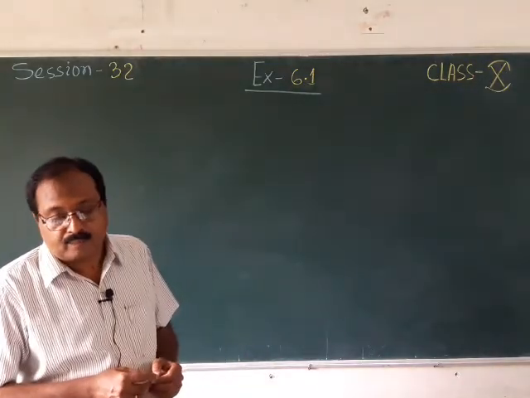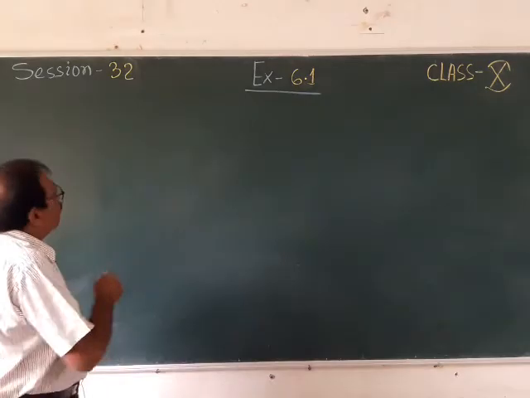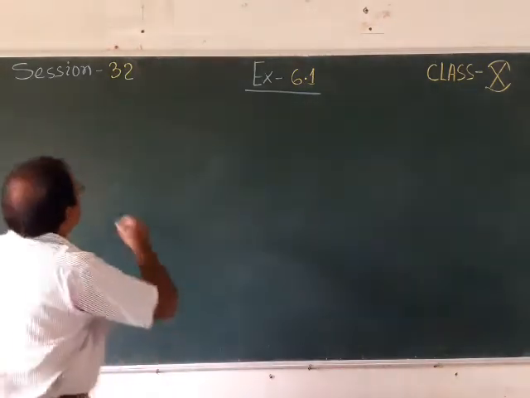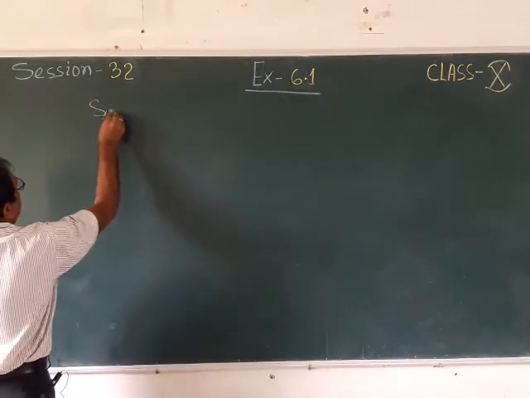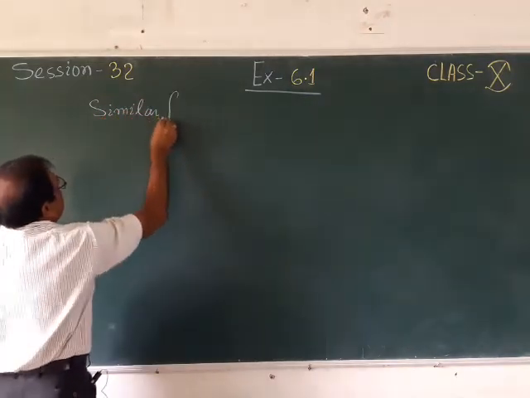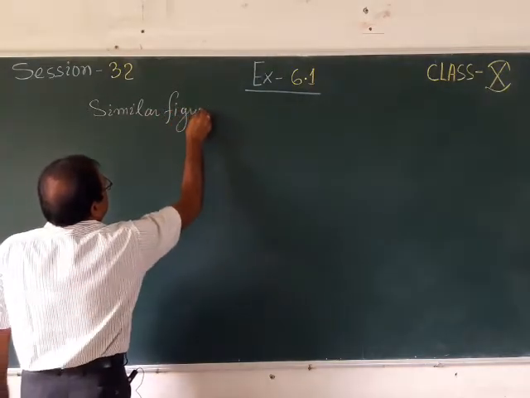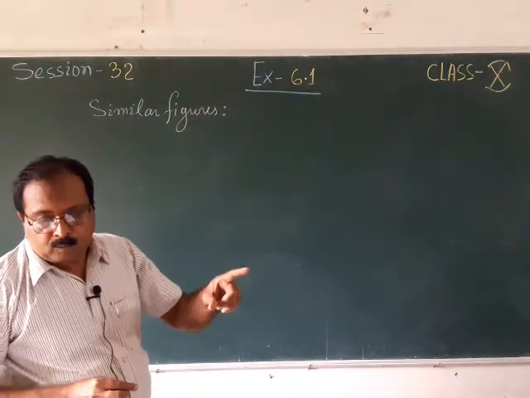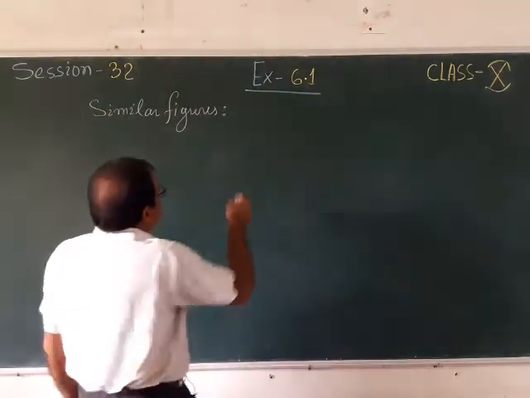Two figures having the same shape are called similar figures. That means if I am asking about similar figures, what do you mean by similar figures? First of all, you should understand similar figures. What do you mean by similar figures? That means figures which have the same shape